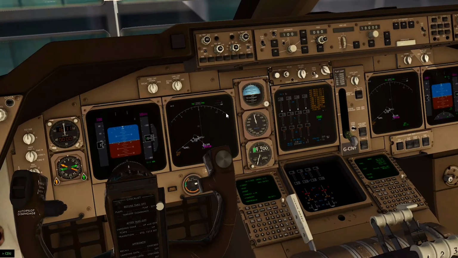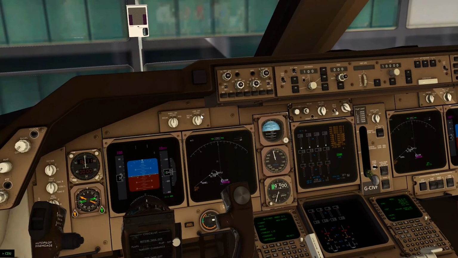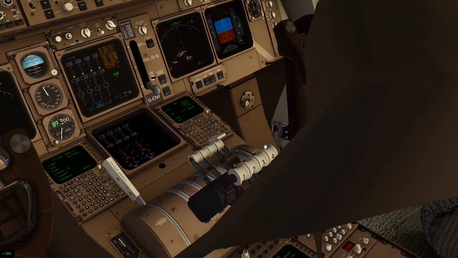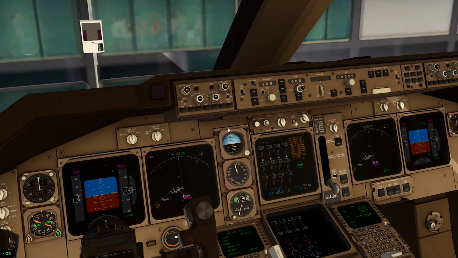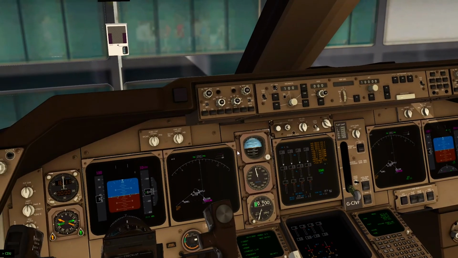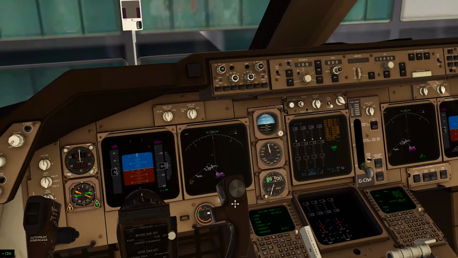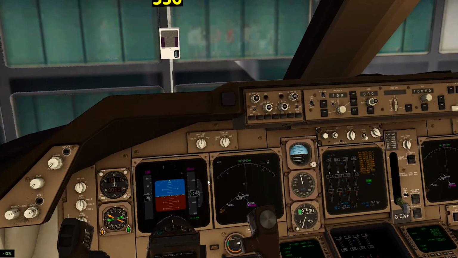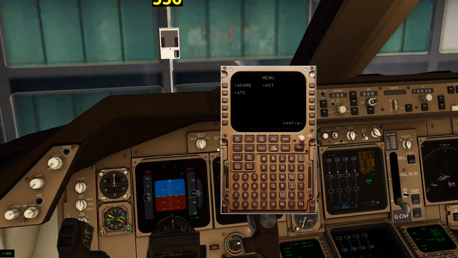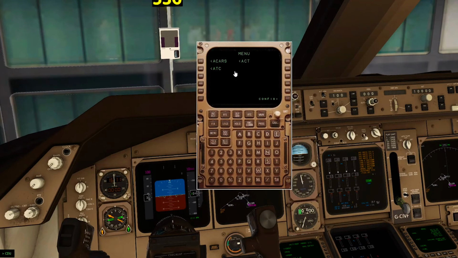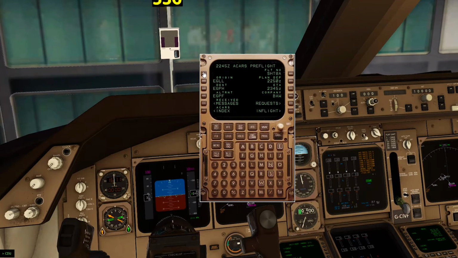So we are obviously on the ground, we have our routing set in, and if it were the first flight, and obviously this would normally be the case if it were the first flight for the pilots and they were entering the aircraft in a turnaround configuration, they wouldn't have any information on their next flight, so to speak, such as load sheet or anything like that. So bringing up their Acars system, they would be able to fill out their information in this page, which I